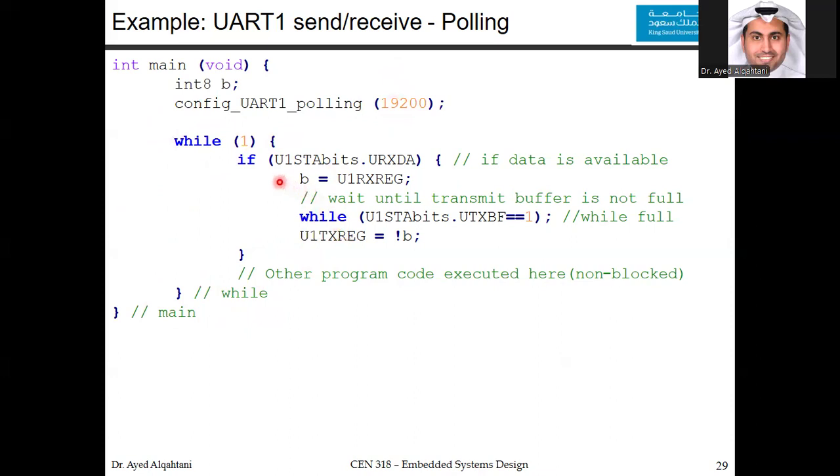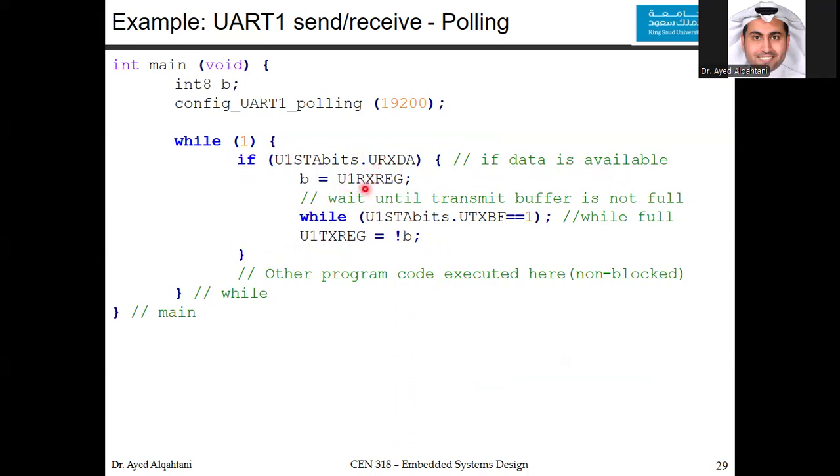We also need to check some flags to make sure things work properly. So here we would check the status bit. Remember, when we are working, we need to check the status bit to make sure things are working fine. UART1 status bits dot URXDA. We use this bit to tell if there is something in the receiver shift register. So if there is data available,